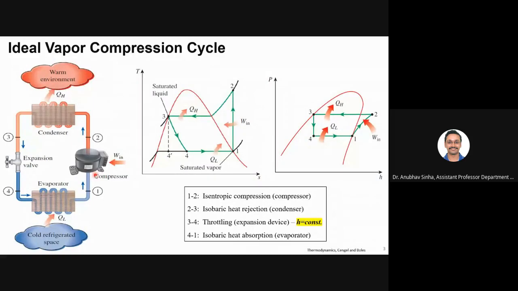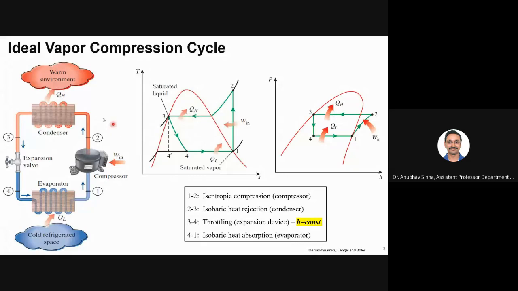It looks very similar to Rankine cycle, but the cycle is in reverse. If you remember, Rankine cycle is going in clockwise direction. Clockwise means it is producing net work, while a heat pump or a refrigerator will go in counterclockwise direction. If you look at PV or TS plots, it is going in counterclockwise direction, which means that it will absorb work and it will transfer heat from cold, low temperature reservoir to high temperature reservoir.